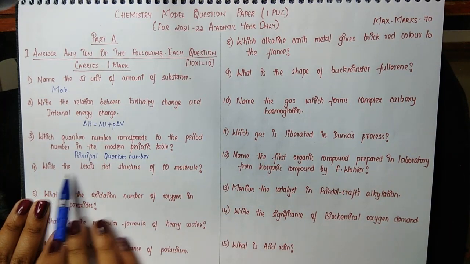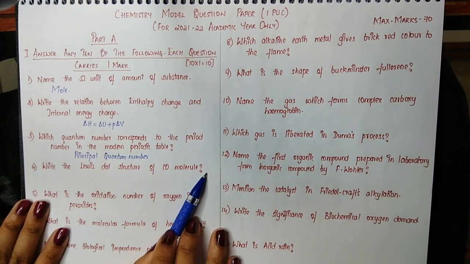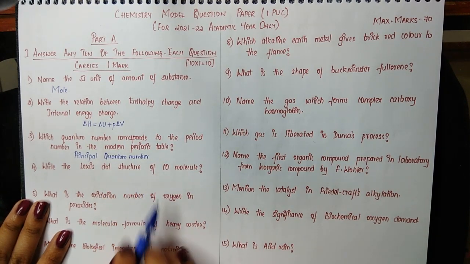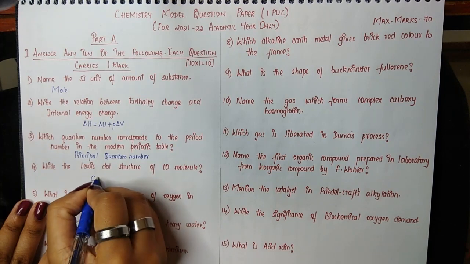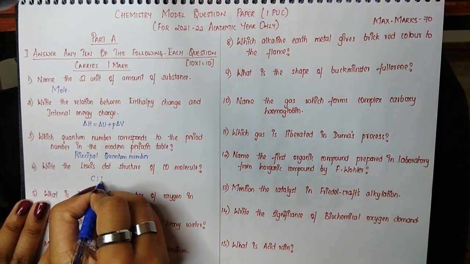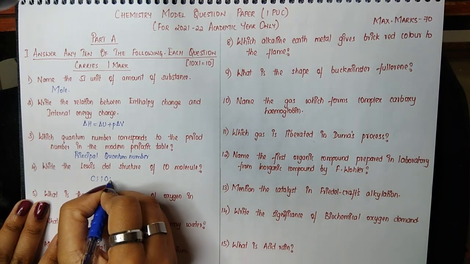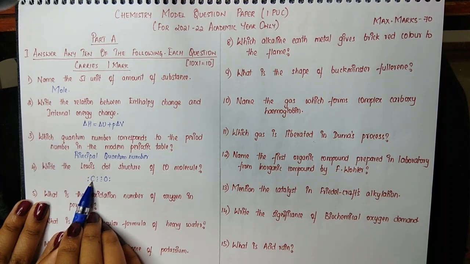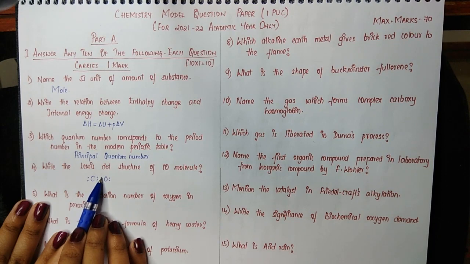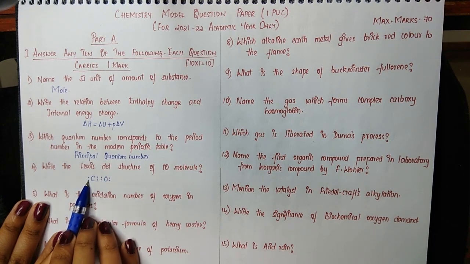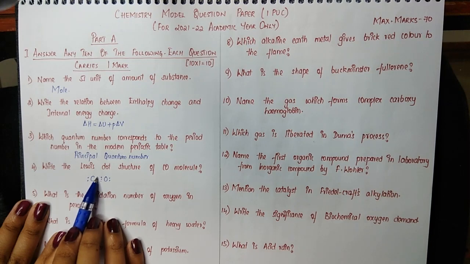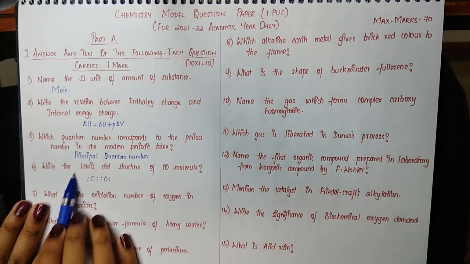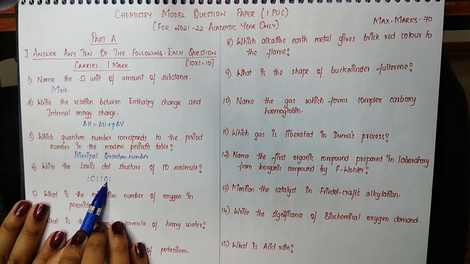Now the fourth question is, write the Lewis dot structure of carbon monoxide molecule. It is from the chemical bonding chapter. So here carbon monoxide will have a triple bond between carbon and oxygen, with a lone pair of electrons on each. So around each atom there are 8 electrons. Around carbon 1, 2, 3, 4, 5, 6, 7, 8 electrons. Similarly around oxygen there are 8, 6 over here and 2 here. So total 8 electrons around each atom in the Lewis dot structure for carbon monoxide.